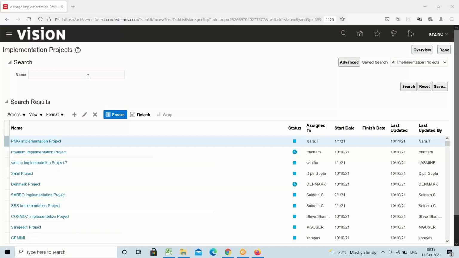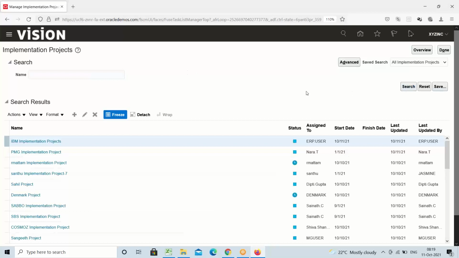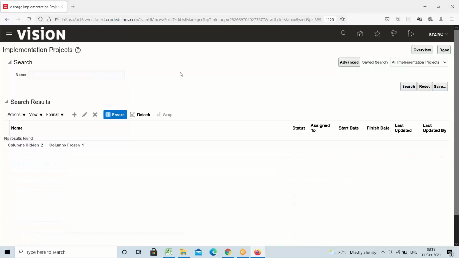In reality, when you work for any client in a fresh instance, you will see this page like this. You will find the blank page. Here we have many implementation projects, now we don't have, I just gave a space and searched. This is a blank page you will find. Whatever you create would be the very first project. Let's see how to create the